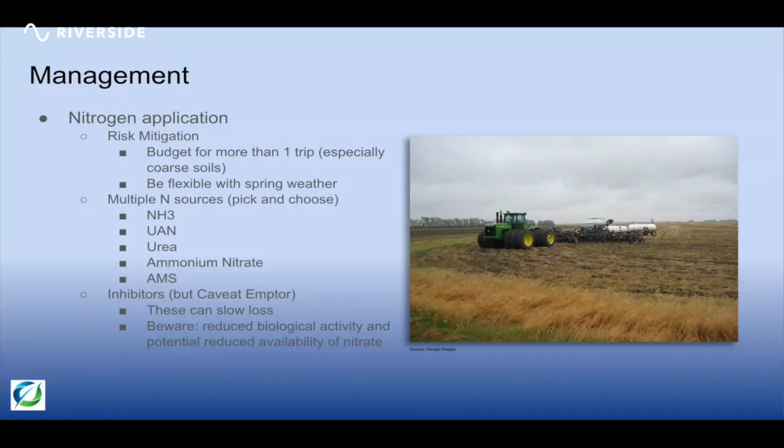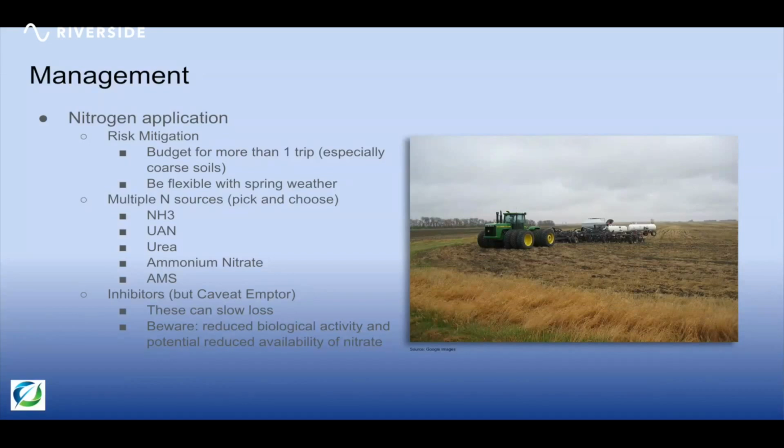I think that's being able to split that risk and being able to kind of feed that corn when we think about the corn's needs and its nitrogen uptake. Pretty crucial in being able to get that nitrogen out there and have that nitrogen out there as much as we can control. Yep. The last thing we can talk about is inhibitors, but again, we need to be careful